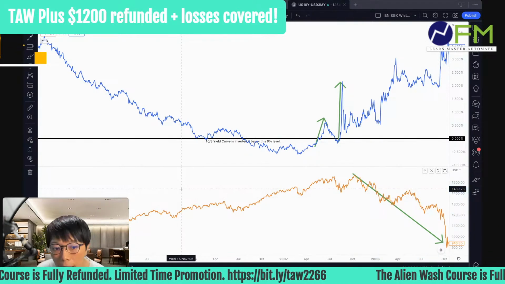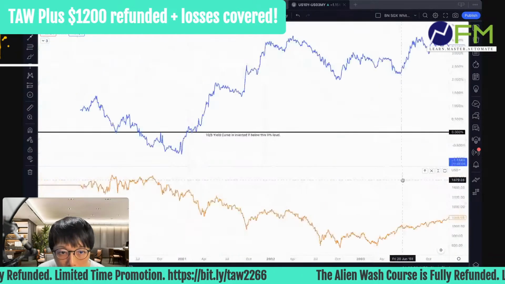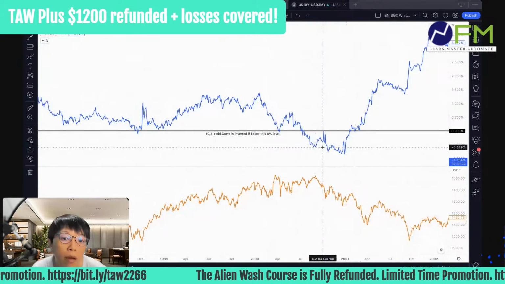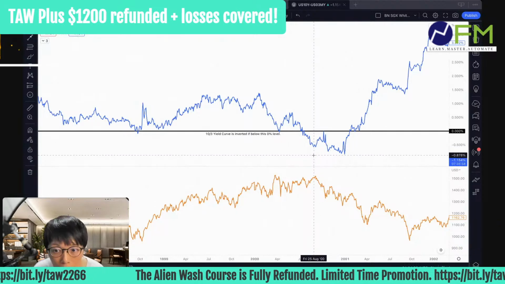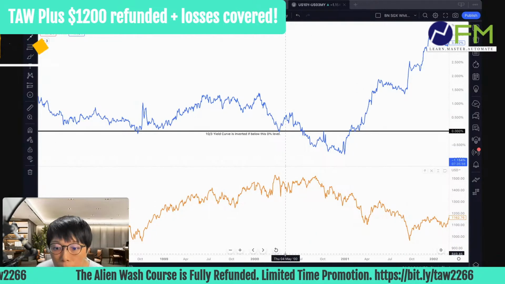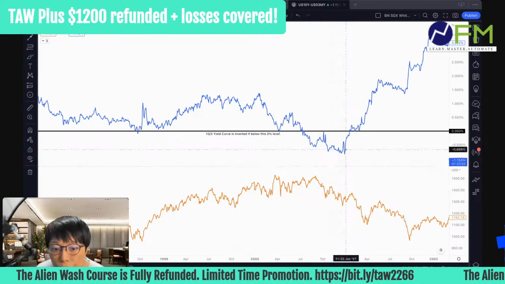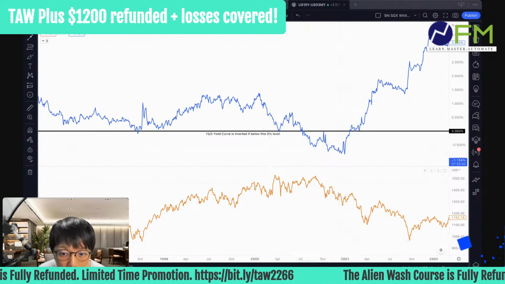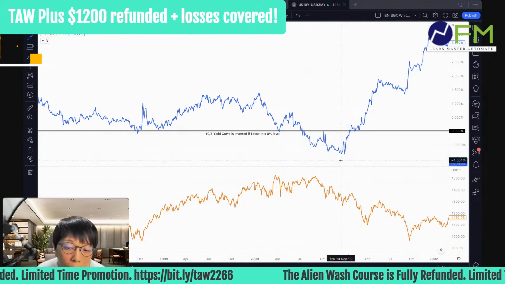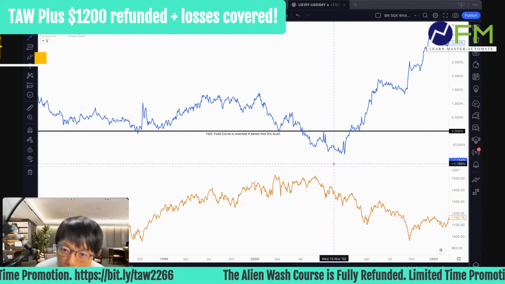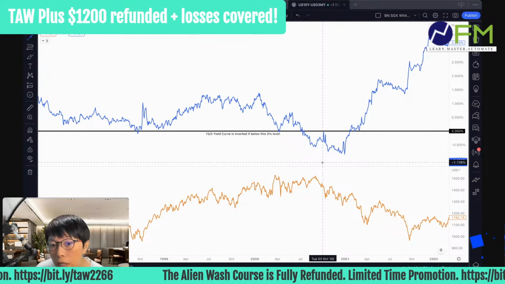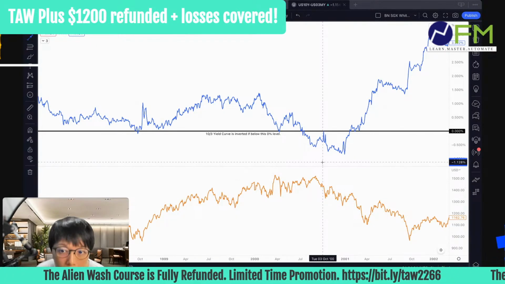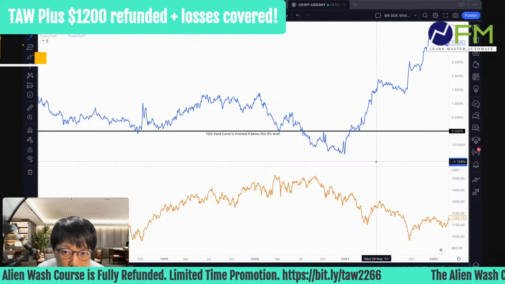Now let's take a look at one more example, during this period here. Same thing, the yield curve must invert first. Then we see that steepening process happening, and that was during the 2000 and 2001 period. That was the dot-com bubble burst, which is also the same thing, where liquidity dries up. Initially there was a lot of money in the market, but when liquidity dries up drastically, that caused a crash in the tech stocks.